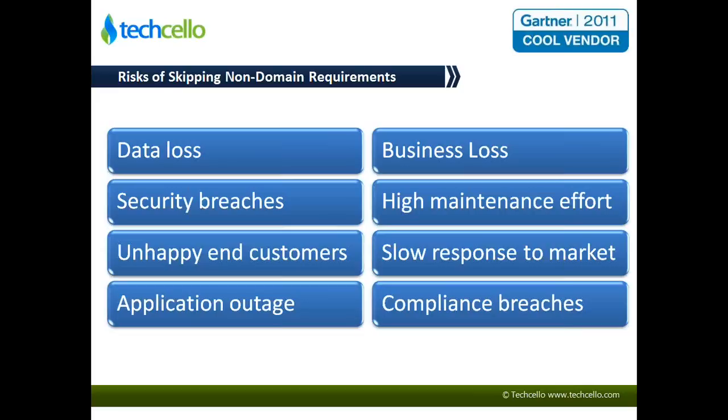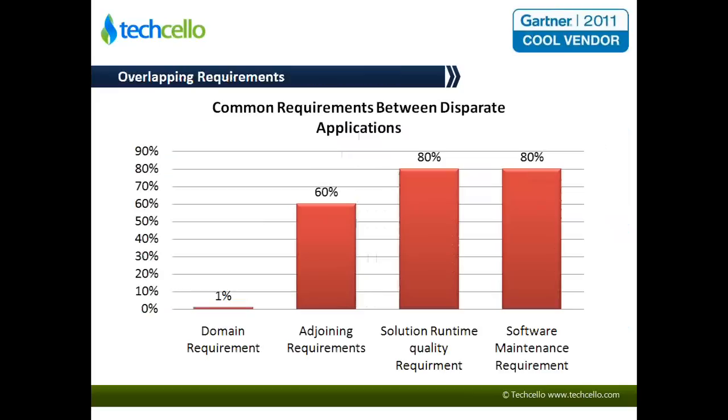So some of the key things related are the business loss itself, where you lose the project, you lose the customer, and then your ability to respond to customers' changing requirements: how quickly are you able to address it, and how is the maintenance going to be. You can quickly write down code, but is it properly structured, is it well maintainable down the line, or am I going to spend double the effort just maintaining it? Right? So these are some of the key risks if you don't take care of the non-domain requirements.